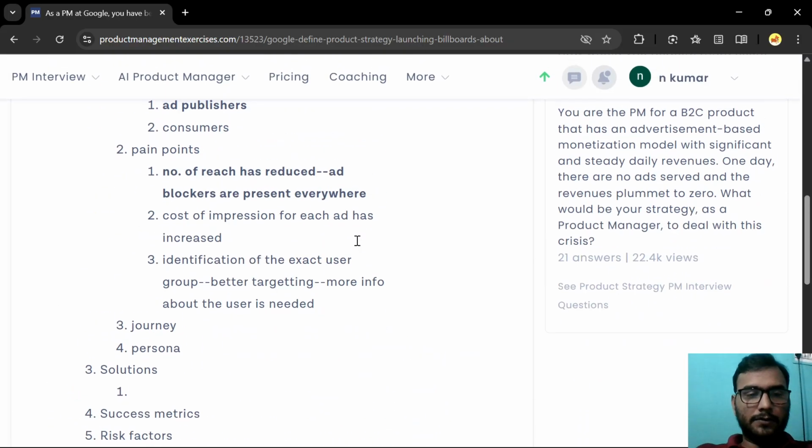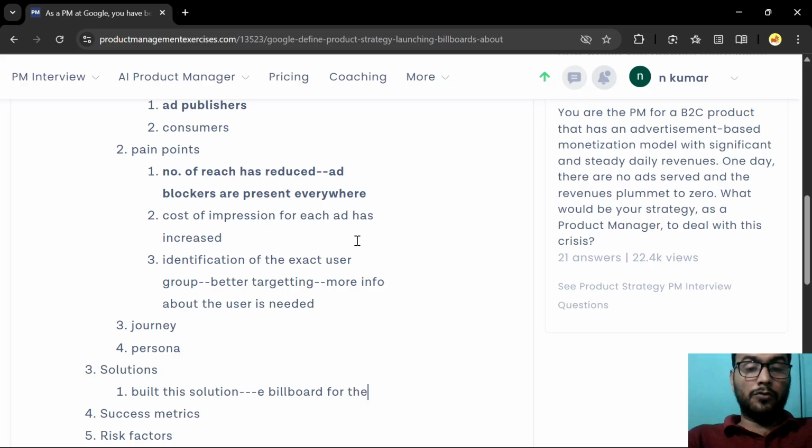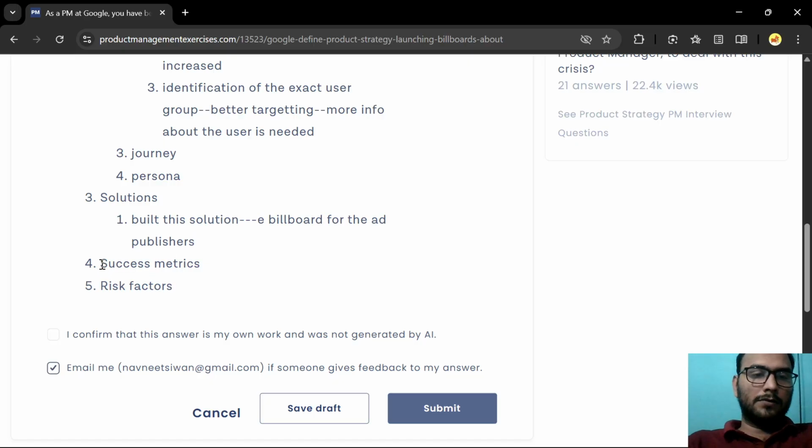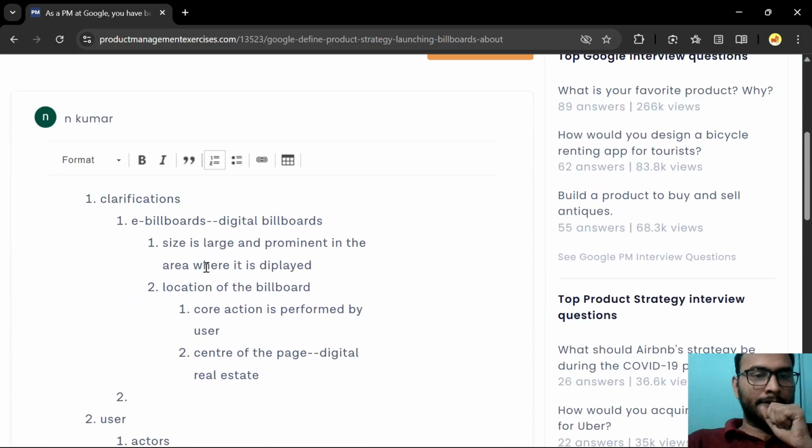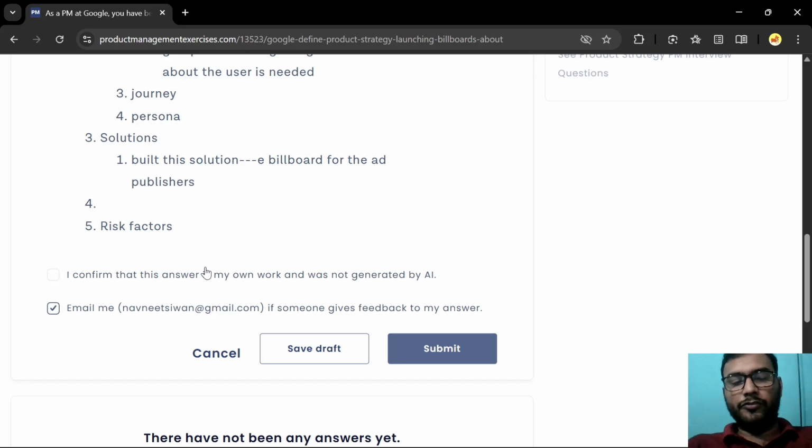Let's say we have built this solution, the e-billboard solution, e-billboard for the ad publishers, and now we need to define how we would launch it. So launch